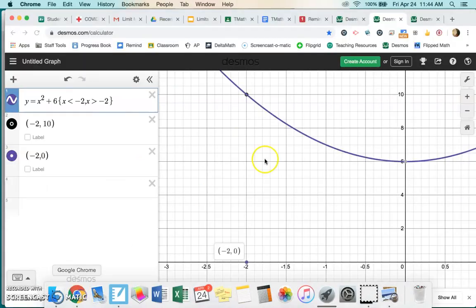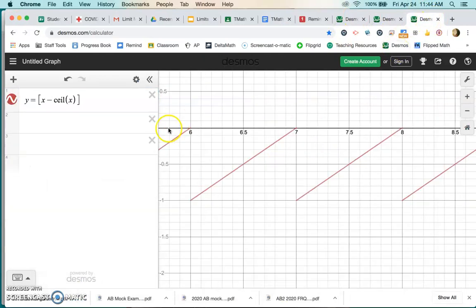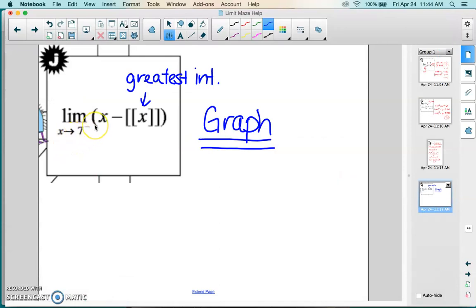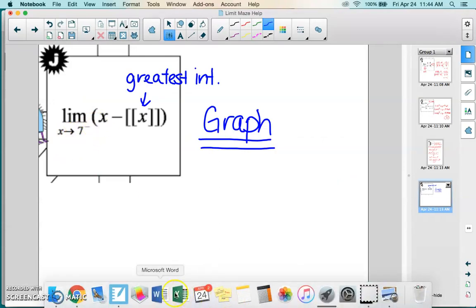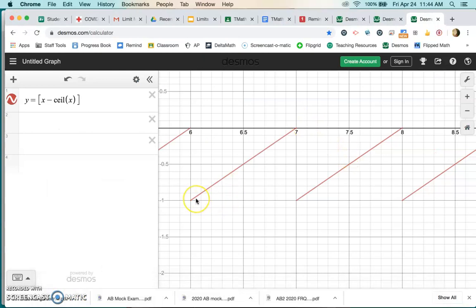So I just made a graph on Desmos, and I'm just giving you this answer because it's just a strange one. It's called the ceiling function. That's why I have it typed in as here. And so it said we're going to take the limit as we approach 7 from the left. So let's see. As we approach 7 from the left,